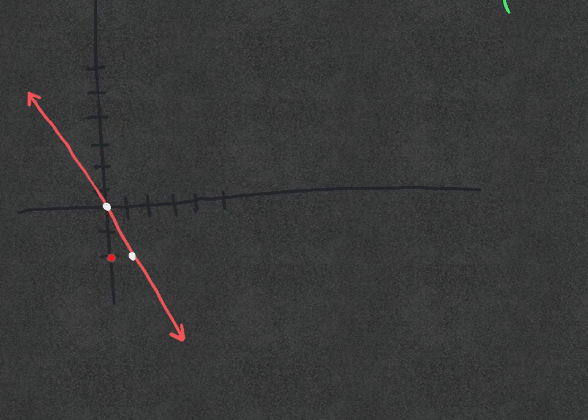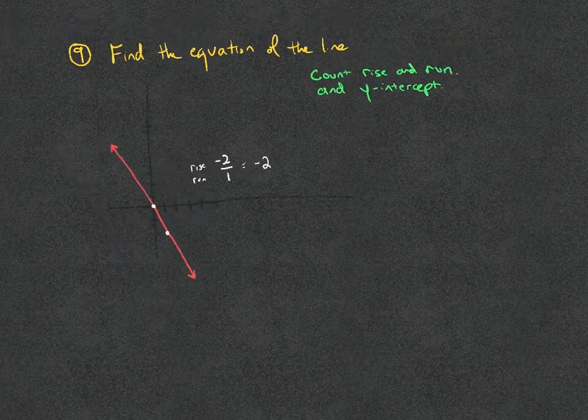In this case, it goes down 2 and then over 1. So rise and run. And we can reduce that a little bit. Like I mentioned earlier, if we've got 1 on the bottom, we don't need it. So -2 is our